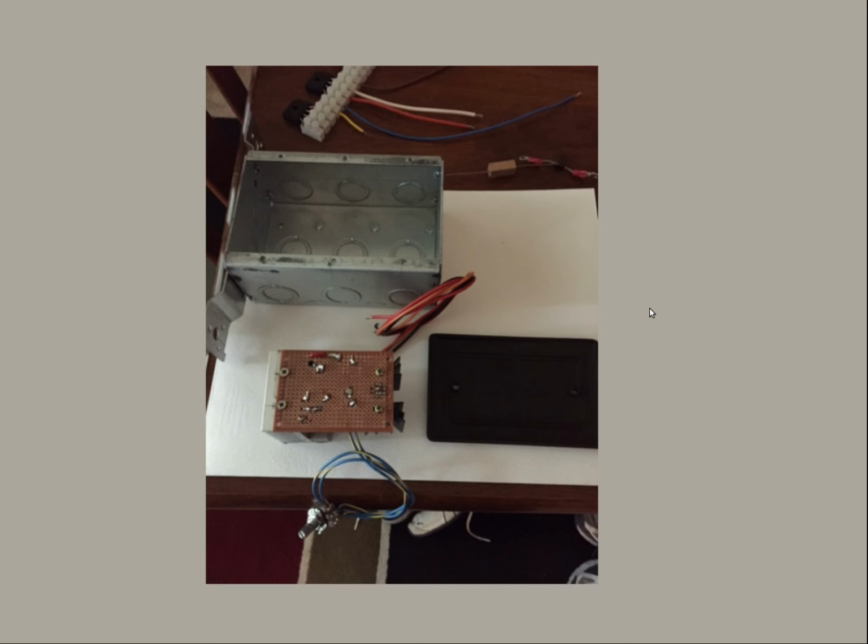So we found a 3-gang electrical box at the home store. It's the 2.5-inch deep one, and it seems to fit the circuit just fine. However, I want to make a note that when this gets built, these heat sinks and the screws are at 15 volts. They're at your output voltage. So you cannot mount this so that the heat sinks are touching your box, or any of your solder joints are touching your box. Otherwise, you're going to ground it out and you will get no voltage,